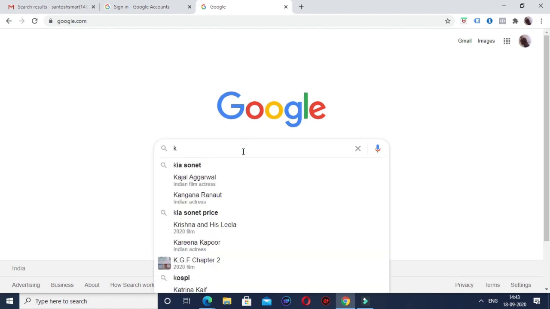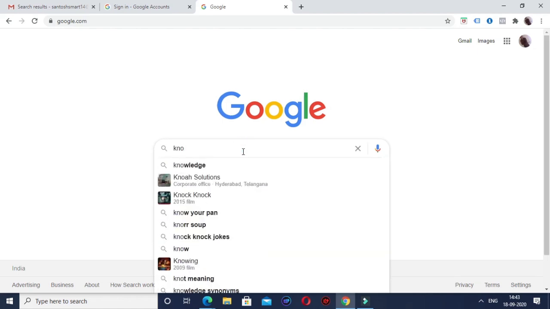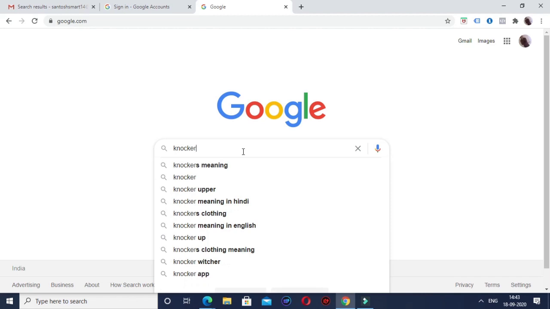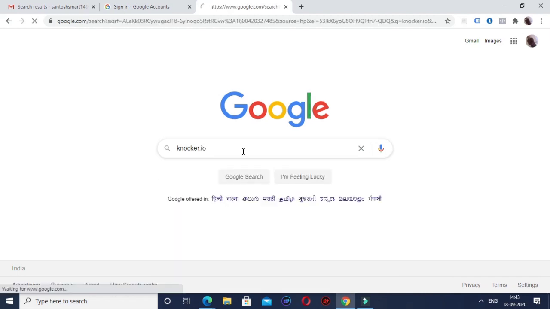That tool's name is knocker.io. I don't know whether anyone has heard about this tool or not.